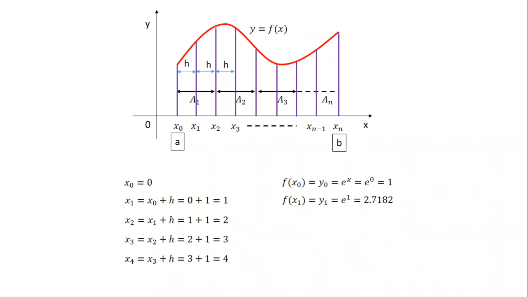Then f of x1, which we denote as y1. Put the value of x1 in the function: e raised to 1 is equal to 2.7182. Then for x2, e raised to 2 is 7.389. For x3, e raised to 3 is 20.085. And e raised to 4 is 54.598. So after calculating all the values of x and function values y0 to yn, put all the values in the